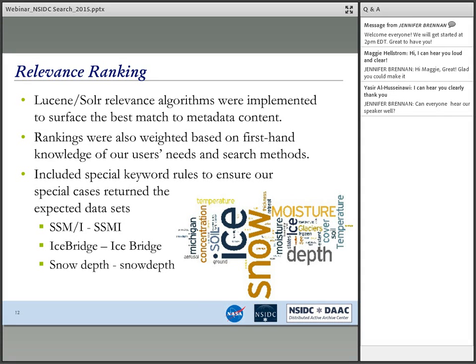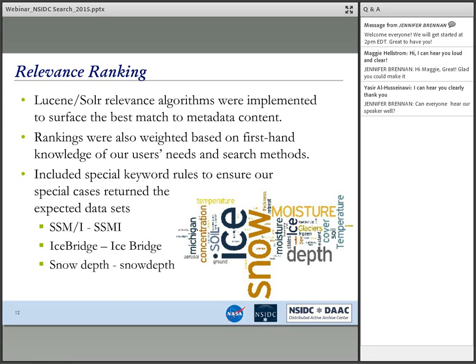And then finally, our domain has certain terms that don't necessarily match well in a keyword search. So we had to build in some special rules to these algorithms to make sure we weren't eliminating important results. So for example, the SSMI sensor has a slash in its short name, but oftentimes that is omitted. And we didn't want that to prevent someone from finding the data. IceBridge is often written as 1 word or 2. We wanted both to return the IceBridge data sets. Same with snow depth. Regardless of how someone entered it, we wanted to make sure that it returned the right